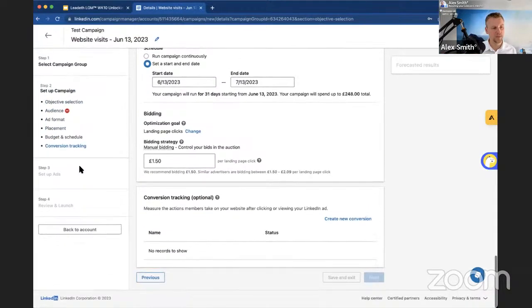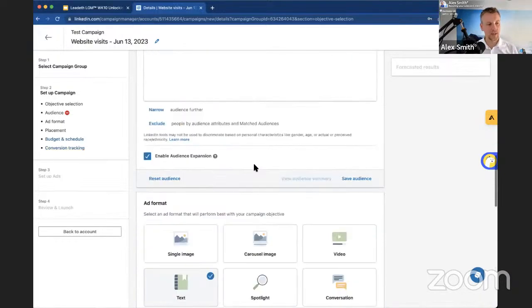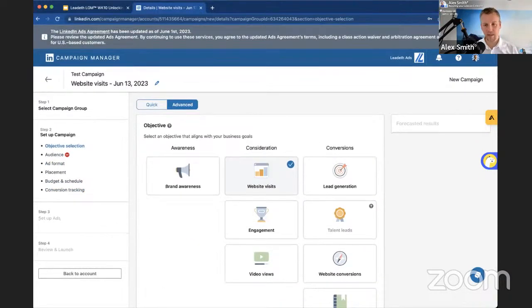The next stage, once you've completed all that, is actually the ad creative. And that's where you're putting a title in, uploading a video, and it will give you good suggestions as well. And then you can just review and launch, and that's where it goes through for LinkedIn to approve the ad campaign. And so that's the LinkedIn ad campaign platform in a bit of detail there.